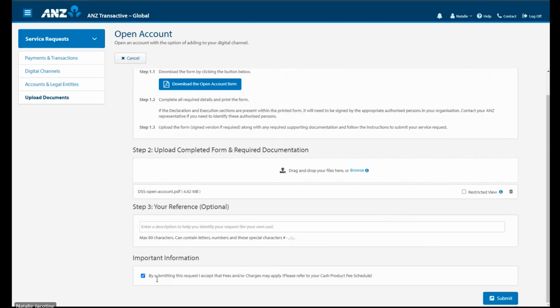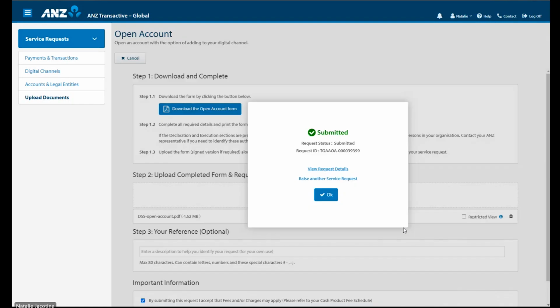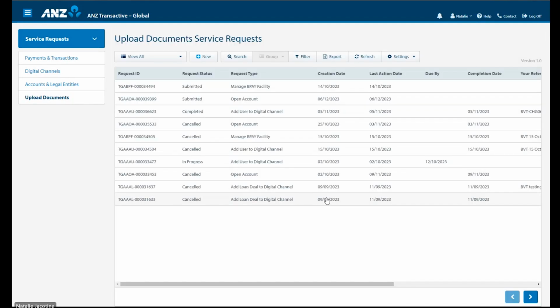While you are still required to complete a physical form, the Upload Documents screen allows you to obtain real-time status updates on your requests and receive notifications upon completion of your request, along with a full audit history and activity log. It also allows you to house all your ongoing service requests in one centralized place, and you're also able to export your requests into a CSV when required.